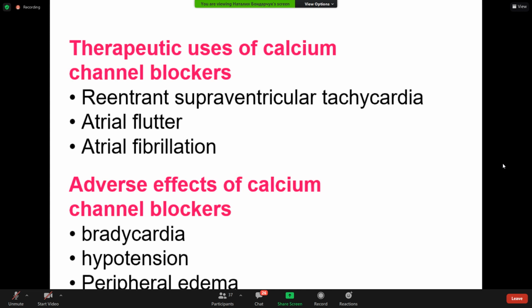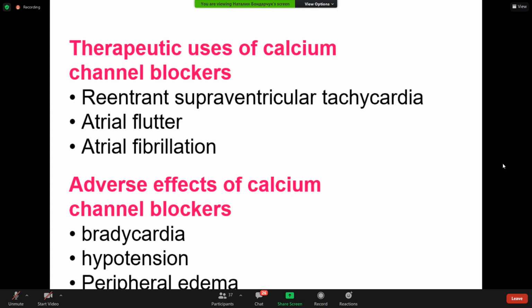So therapeutic uses of calcium channel blockers. Treatment of re-entry arrhythmia, re-entrant supraventricular tachycardia. It is called atrial flutter, atrial fibrillation. You see now treatment of ventricular arrhythmias and the spectrum of therapeutic uses of calcium channel blockers. And adverse effects,